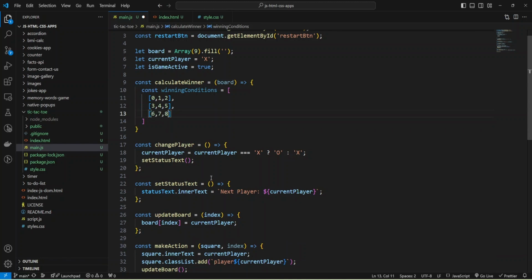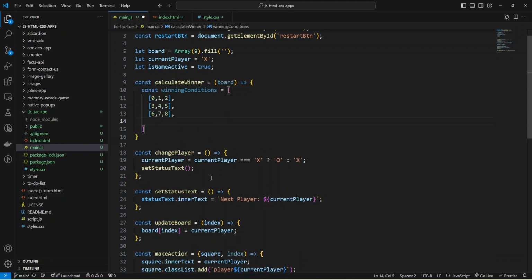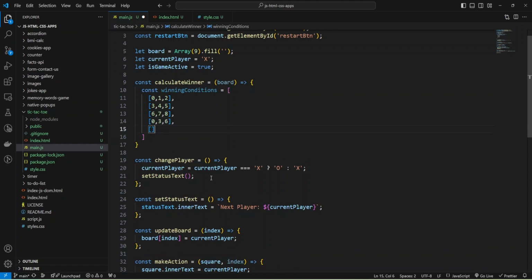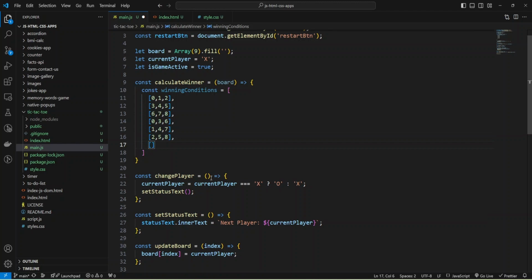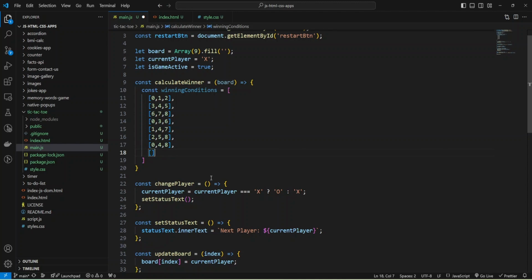6, 7, 8, and the next will be vertical 0, 3, 6, and the next possible will be 1, 4, 7, and also we'll have 2, 5, 8, and now we can win the game by the diagonal 0, 4, 8, and 2, 4, 6.